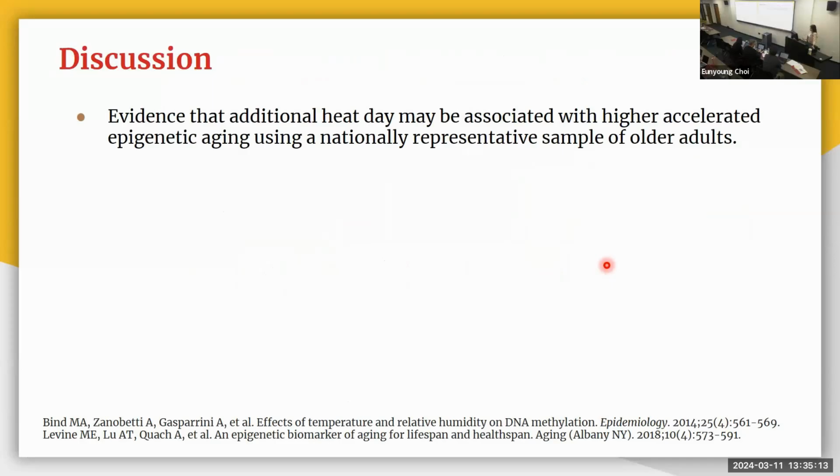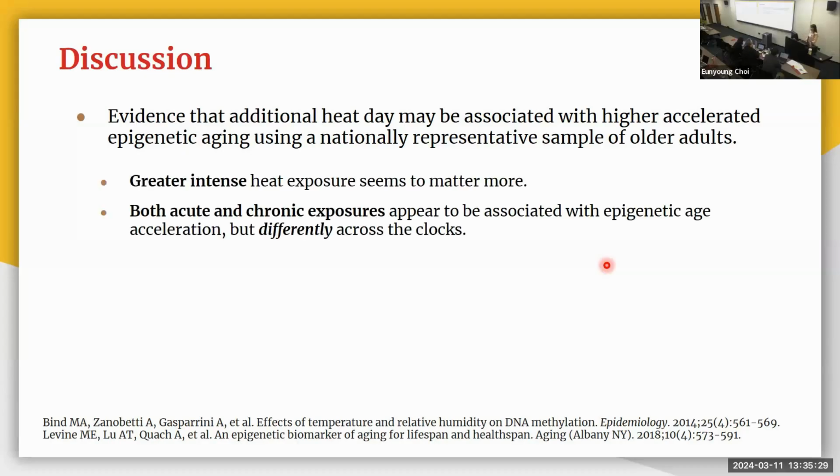So that was a lot of information. So I will summarize the findings. This really provides some evidence that additional heat days may be associated with higher accelerated epigenetic aging using a nationally representative sample of older adults. And it seems like greater intense heat exposure matters more. And we found that both acute and chronic exposure are associated with epigenetic age acceleration, but importantly, differently across the